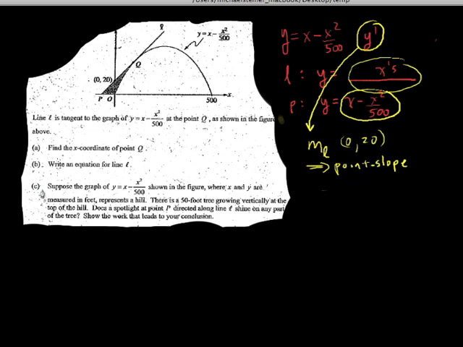And now this last piece right here: suppose the graph is shown in the figure where x and y are measured in feet. Okay, we put a 50-foot tree up at the top of this hill, and to answer this question: does the spotlight at point P directed along this line shine on any part of the tree? And from that, we can use